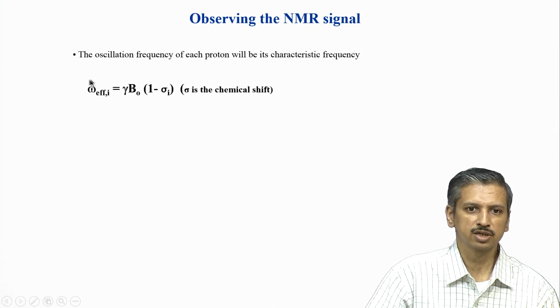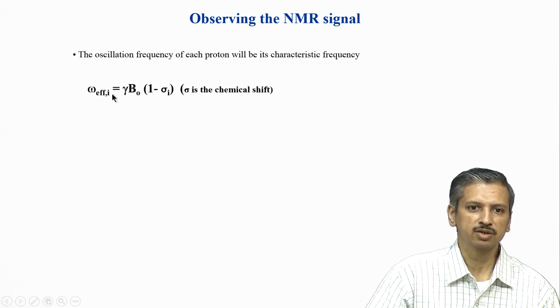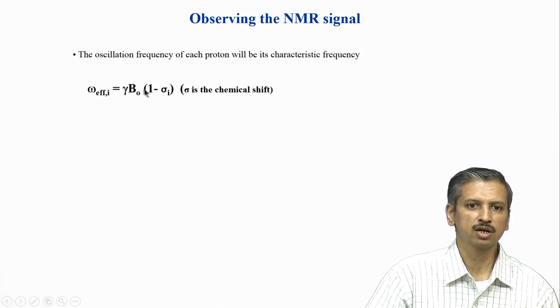So, this is the standard NMR equation without the sigma. So, just concentrate on this part, that is omega effective is gamma B 0. Now, what happens is each nucleus, which is written as I here, does not actually experience only B 0, it experiences a slightly reduced magnetic field or slightly increased depending on the sign of this term. So, therefore, we are now writing this term which represents an effective magnetic field or effective frequency of the nucleus. For example, let us say sigma is 0, then it becomes the same as a standard nucleus, but if sigma is not 0, then this is decreased, 1 minus sigma is less than 1, and therefore, this effective reduced frequency is present.